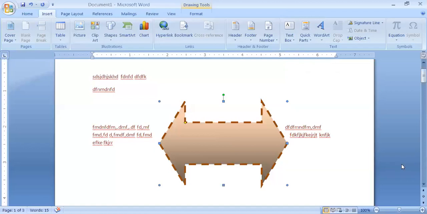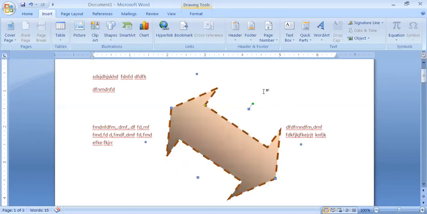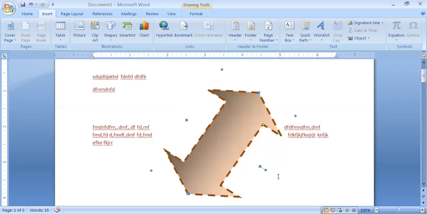For example, if you want to change the orientation, you can see there is a green dot. Take your mouse over there and a half rounded arrow appears, then left click and you can change the orientation of the diagram also. When you take your mouse to the green dot and press the left key, you can see an arrow sort of cursor, and by pressing the left key you can change the orientation or the direction of the diagram also.